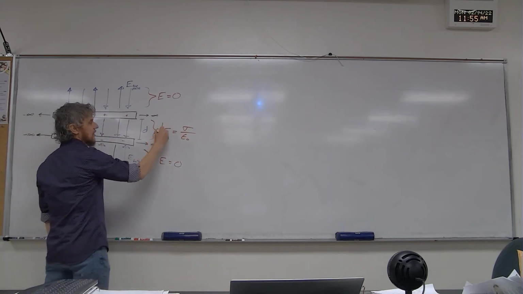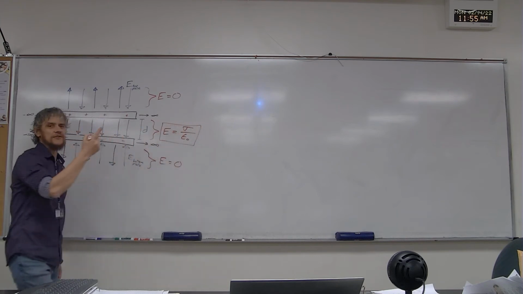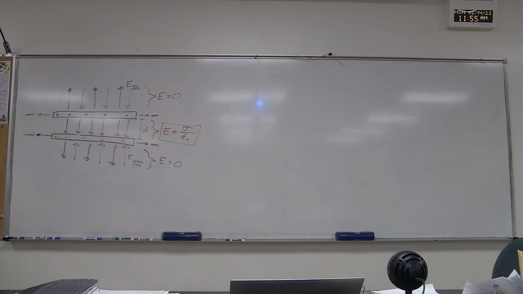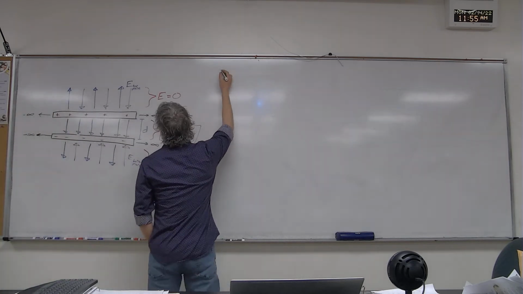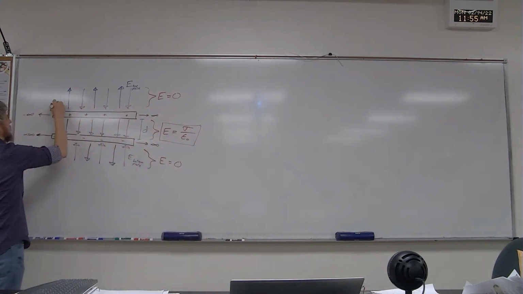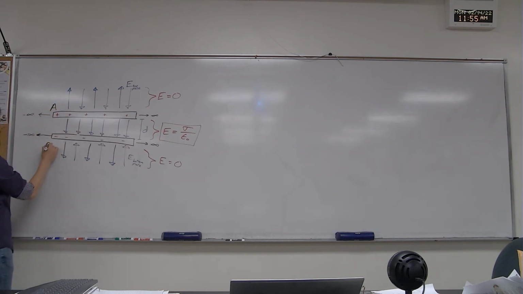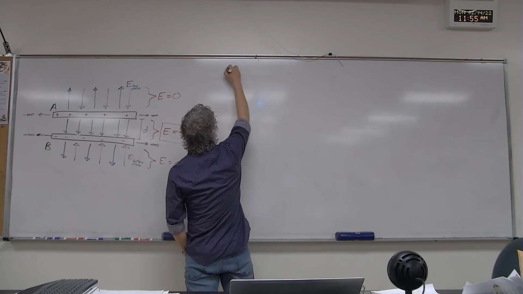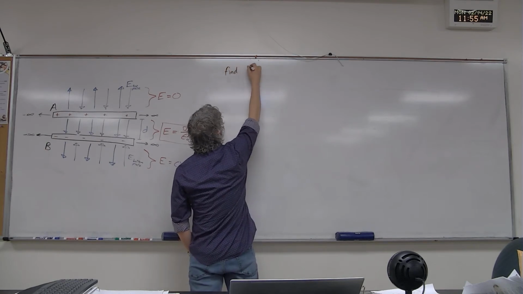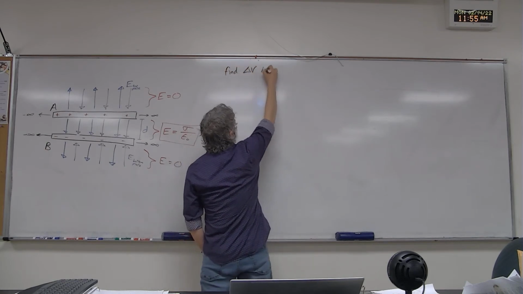Okay. This is one you either want to commit to memory, or just the electric field due to a single sheet of charge. You want to commit that to memory. It's not on the formula sheet. It's one that you probably have to do. Because what if we have a question that says something like, we're going to call this plate A and plate B. And the question says, find the potential difference between